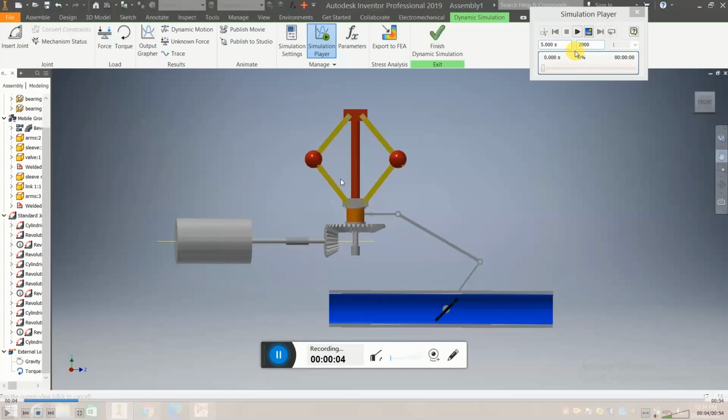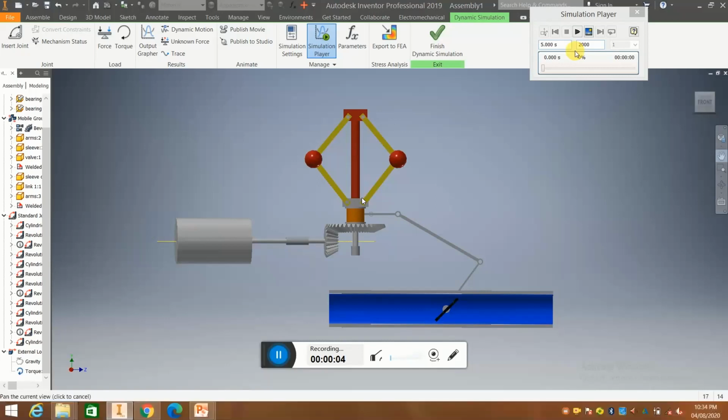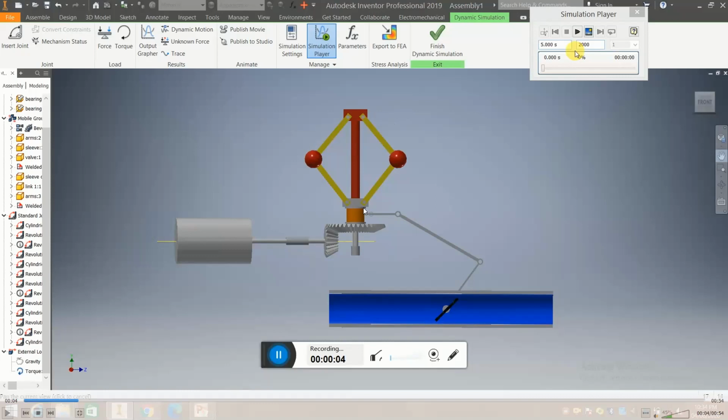Basically the governor has two weights. These are called fly balls. It is connected with the help of this gearbox or gear arrangement to the turbine. This cylinder is basically a turbine. This is one simulation. This part is the turbine and this is the fuel supply. You can consider this as a fuel line, and this is the control valve. This control valve is connected to the governor by using this link. Suppose the governor is running at very high speed.